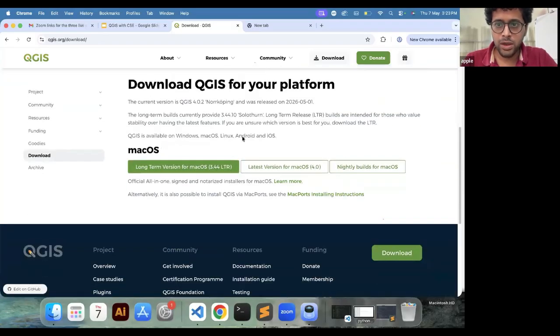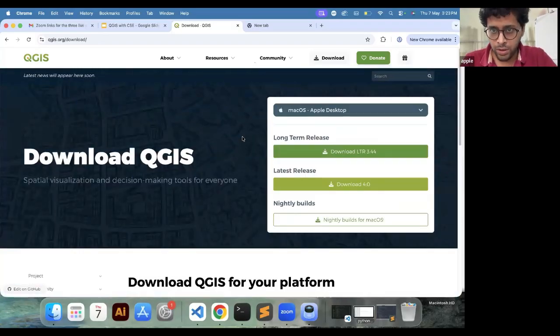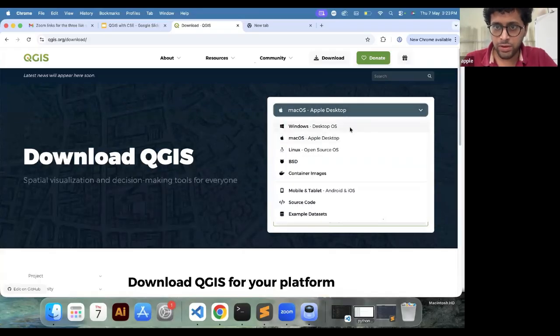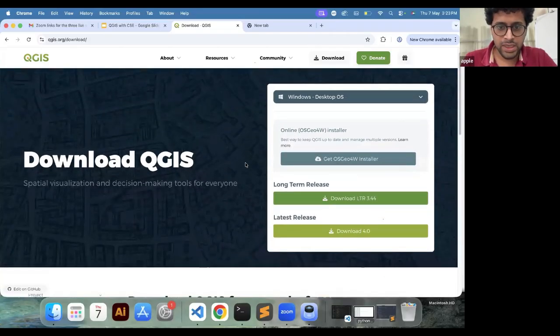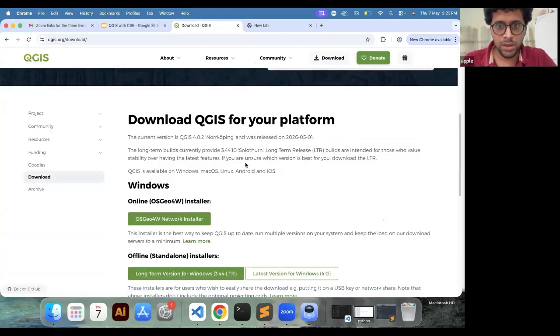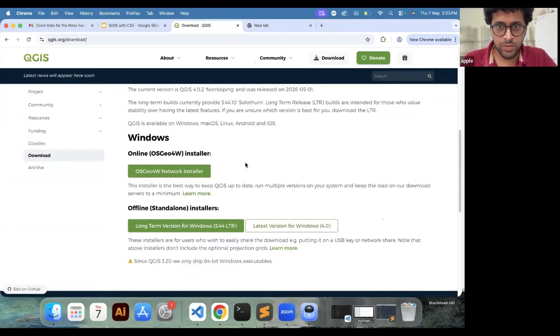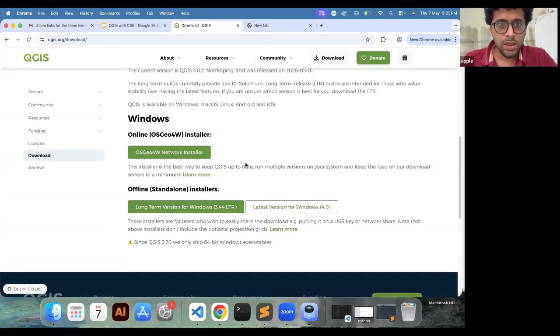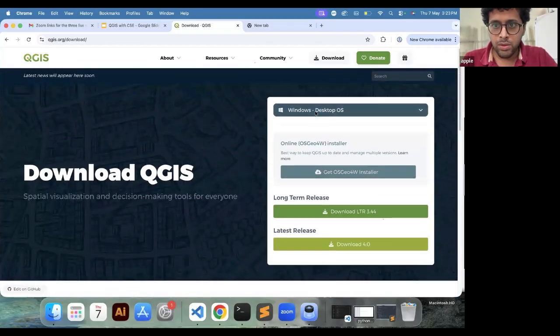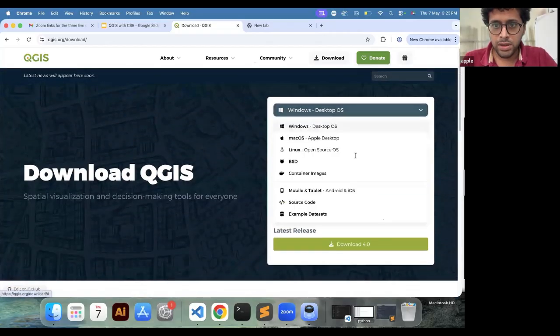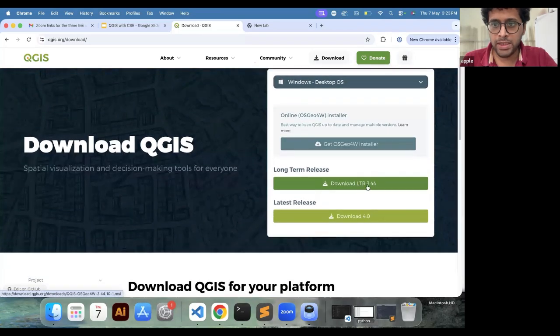Now it depends what user you are. I'll start with Windows because I'm guessing that's what most of the people are using. Once you click on Windows here, you come here to download LTR 3.44. Just go for the download long-term release, not the download 4.0, because that might not